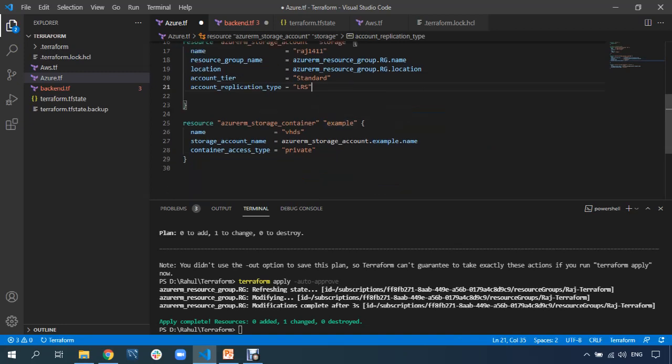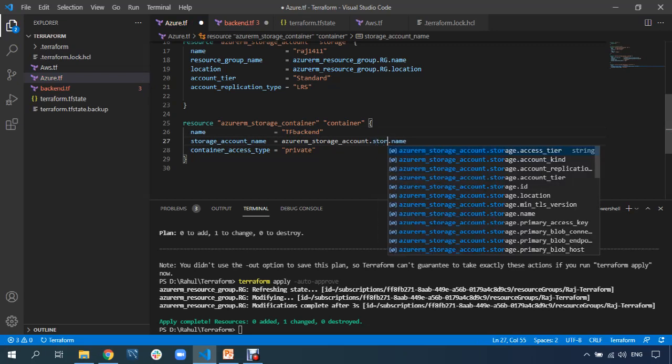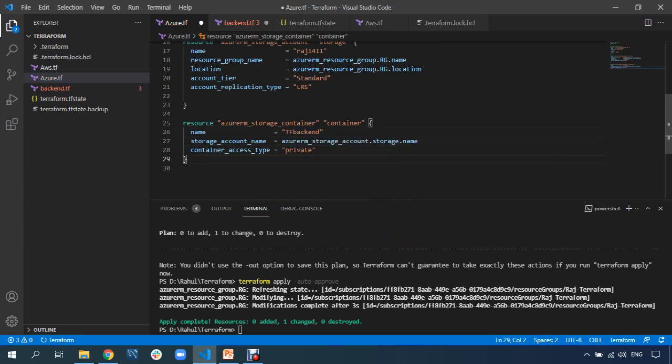Then azure storage container, I'll give the local name as container, and the container name I'll give as, let's say, TF backend. I'm giving this name as TF backend. I'll copy this name. Storage account name I'll refer to as storage.name. Great.